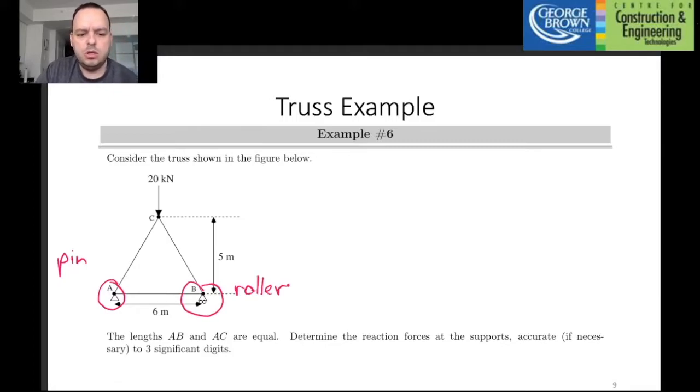The diagrams for the forces that are involved when modeling pin and roller supports are given in the notes on Blackboard. So in summary of those notes, I'd like to quickly say that with the pin connection, here's the pin, let's call that point A, the reaction forces occur both in the horizontal and the vertical direction. The direction of these arrows is arbitrary because you could say that it goes to the right and your calculations might tell you it goes to the left. So don't worry about the direction of the arrows, just worry about that they exist both in the vertical and horizontal direction. And for B, the roller supports